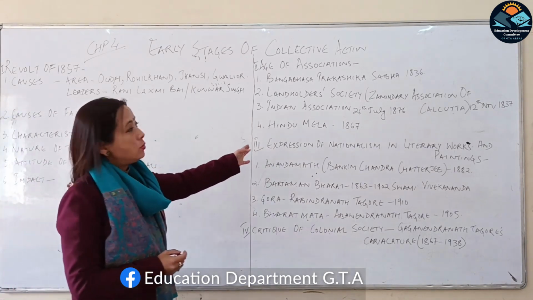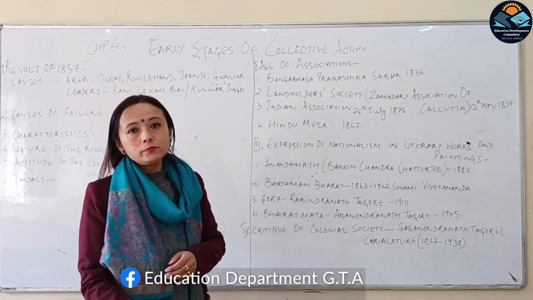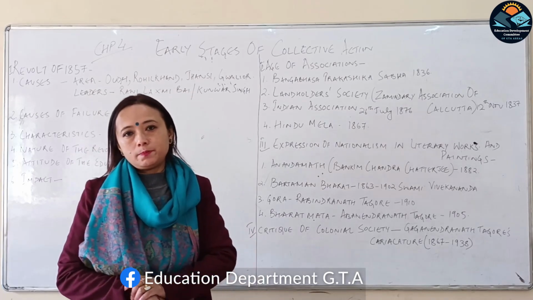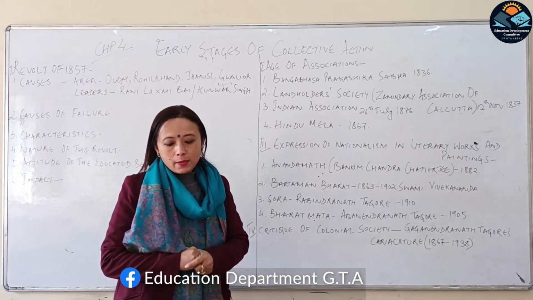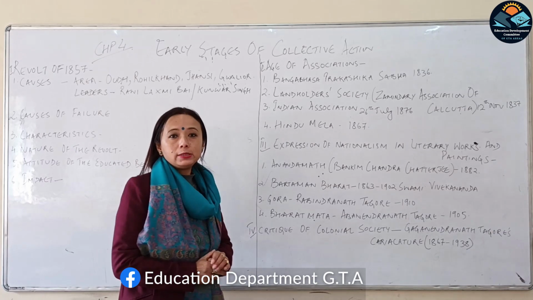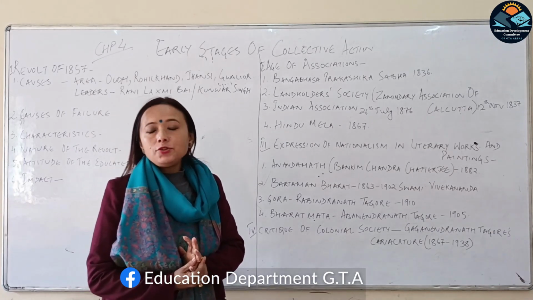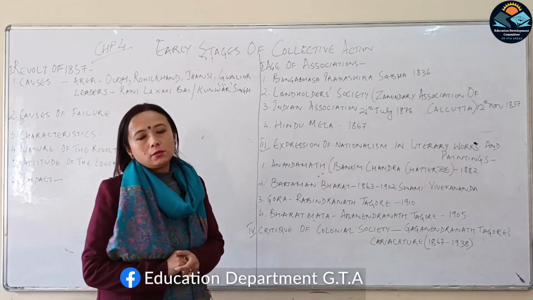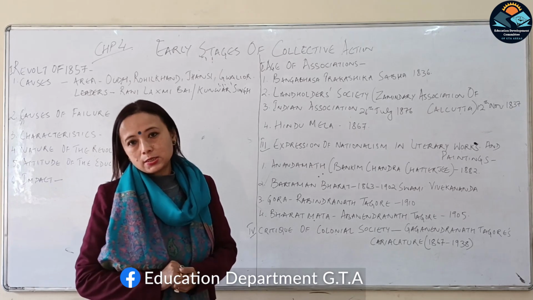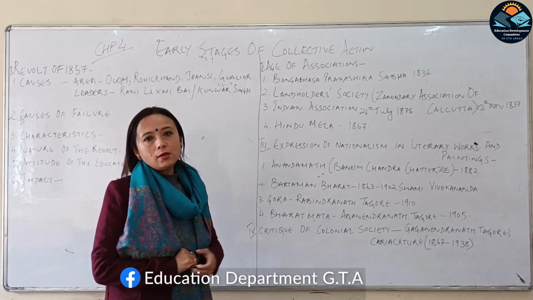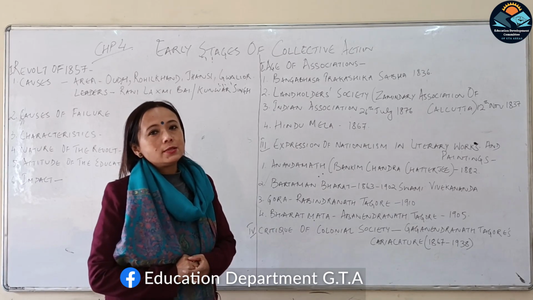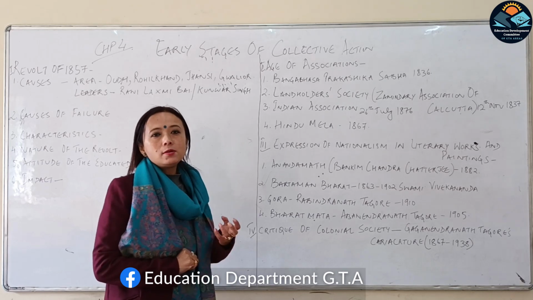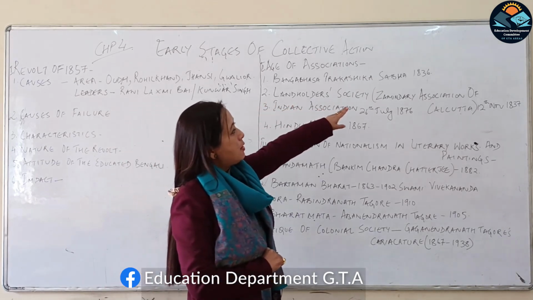Now we shall go over to the age of associations. Now, the spread of Western education and the growth of patriotism and nationalism paved the way for political consciousness among the Indians. The educated middle class realized the need to organize political movements and to safeguard their interest. So we find in the 19th century many associations started. One of these associations, the first and foremost, we must say, was the Banga Bhasa Prakashika Sabha, which was formed in